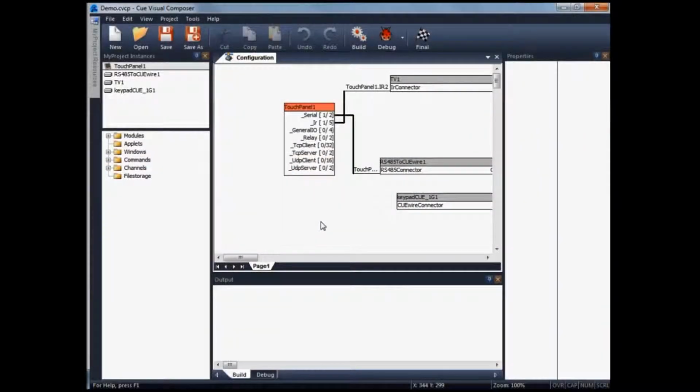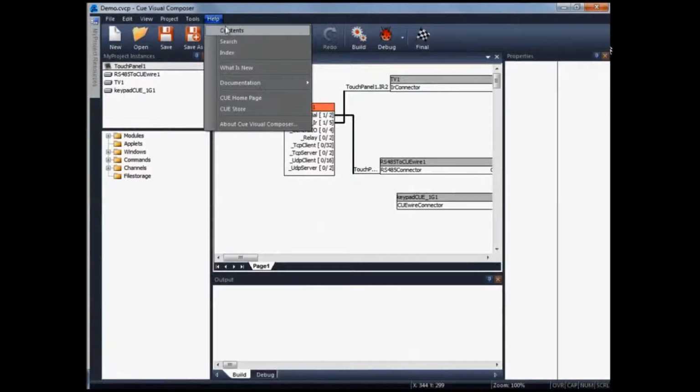Hi, in this video, I'm going to show you how to get help from the CVC. There are many commands associated with various different channels or ports on the CVC. Let's go to the help, content,